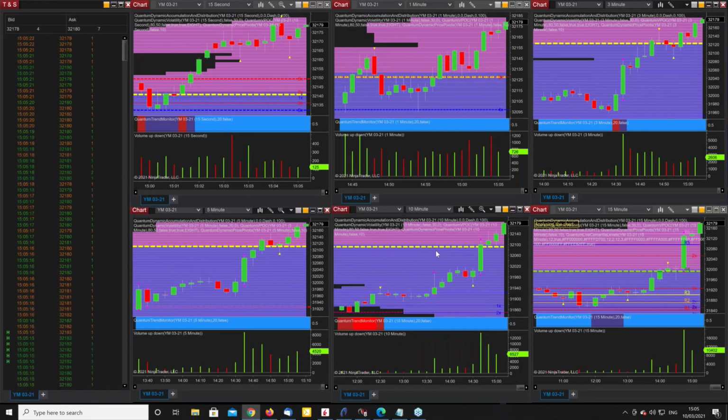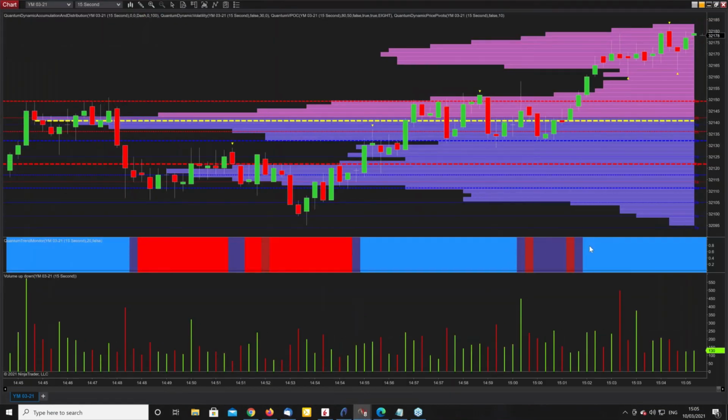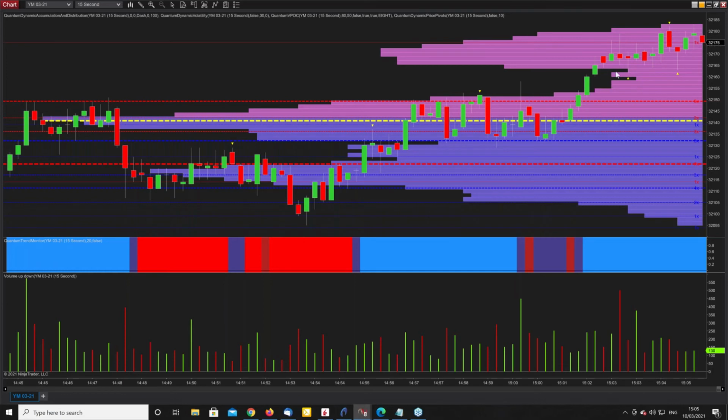Here we are, back on our time frame, trying to push higher. If you remember, we have that little sort of interrupting phase here on the trend monitor. Now it's come out the other side into blue, still bullish. We went through this low volume area here pretty quickly and on up into a higher area where we're building some volume.